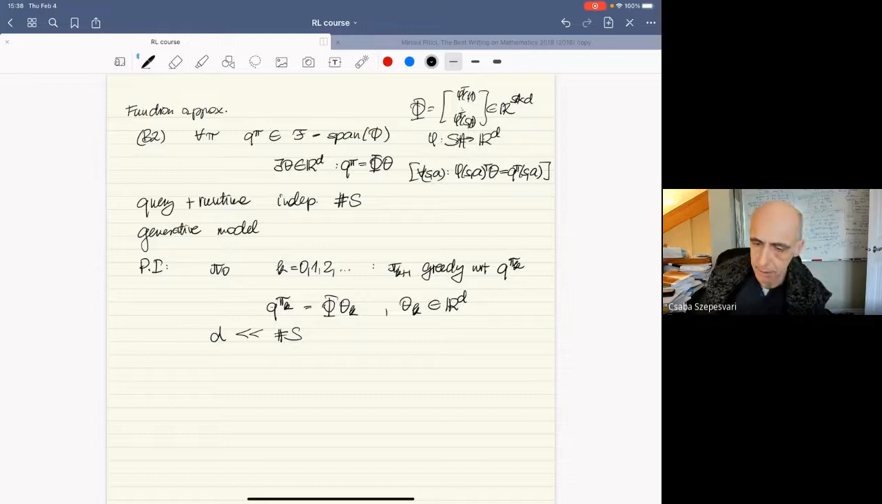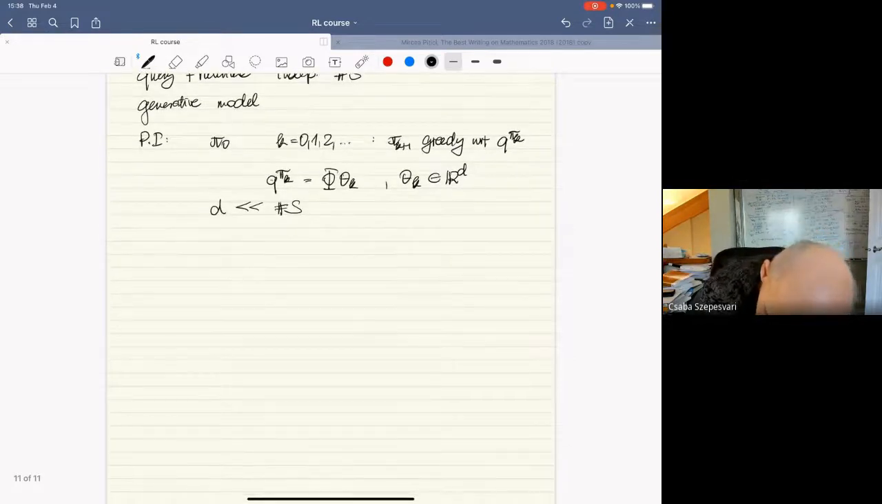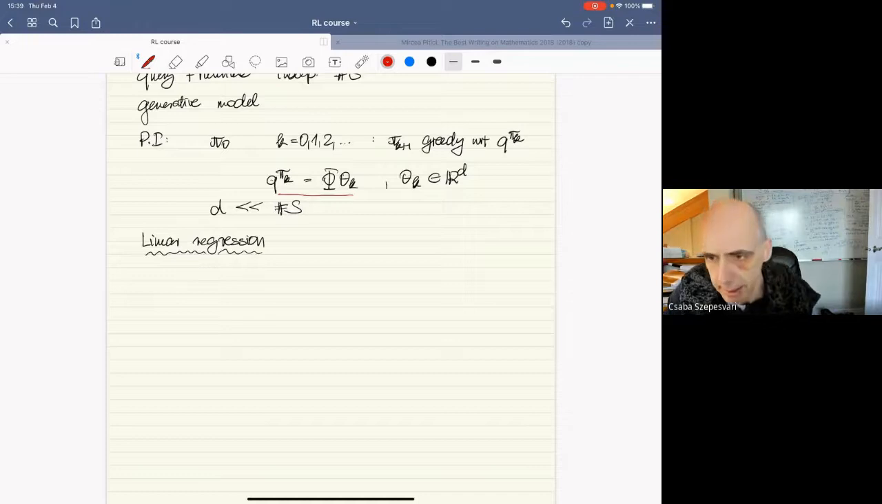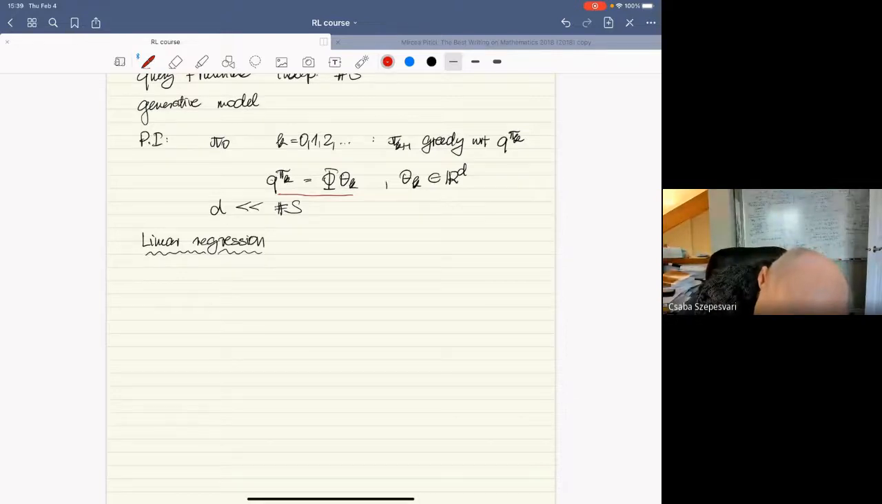And we started to talk about how we could perform linear regression to accomplish this, because this equation just looks like a linear equation. It's like a linear regression. If we can measure the action value function on the left-hand side up to some accuracy, then we expect that